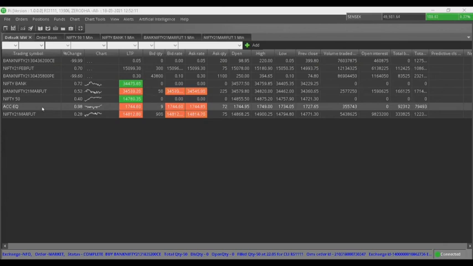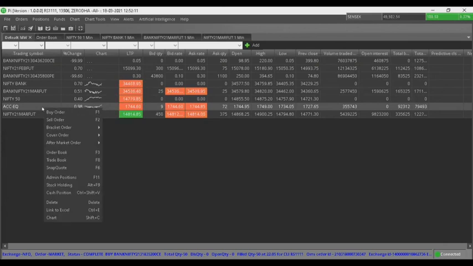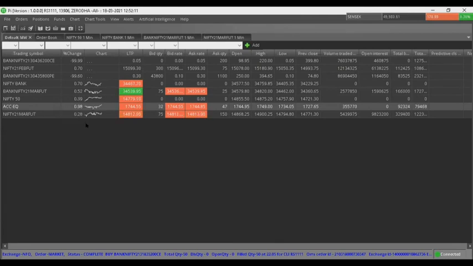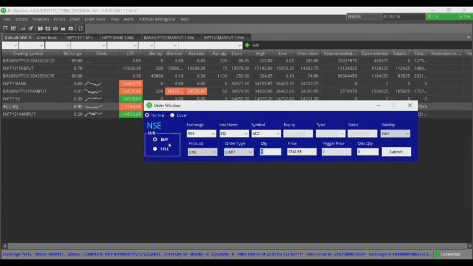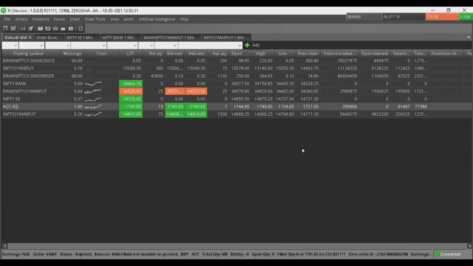You see, this is ACC, and let us place a buy order there. So instead of shouting and screaming, all we need to do is just type here. So I've selected buy order, and there is a shortcut also for that, but I'm showing you how to do this here. Let me put some quantity here. Let us say I am putting 500 of these shares at the price of, let's say I'm interested in buying at 1741, and then I enter. So when I submit, this order goes into the exchange.